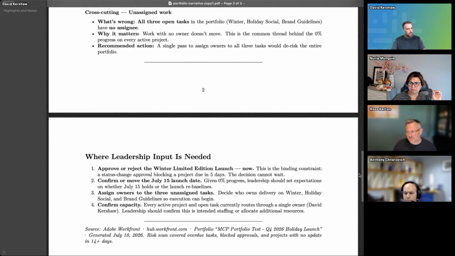This would all require human review, but this is the type of chaining of things that you can use the MCP for. So if you've got a pre-baked report, you can just say to the MCP, fill out the report, and it's ready to send. And this is done maybe in about 5 minutes.